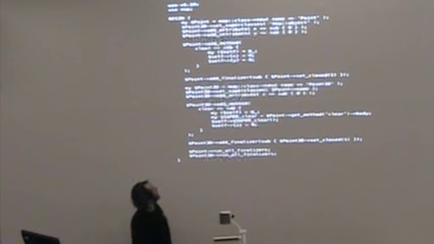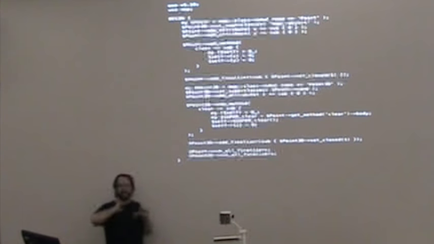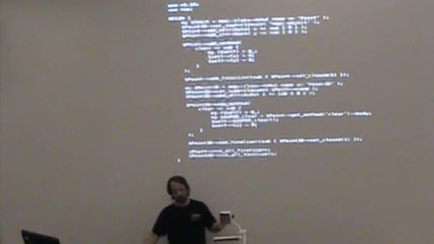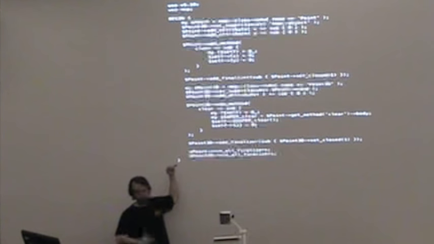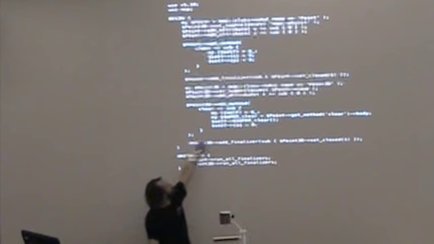You don't technically need that. You could do that at the end of your begin time, but really if you think about it, it's better to do that in unit check, which, for those of you who don't know, is the end of a compilation unit. So Perl compiles something, and at the very last moment before it begins to run anything that wasn't in the begin check or in an init block, it runs the unit check. That's the proper place to finalize your classes, because other things may want to do stuff to your classes in the meantime.